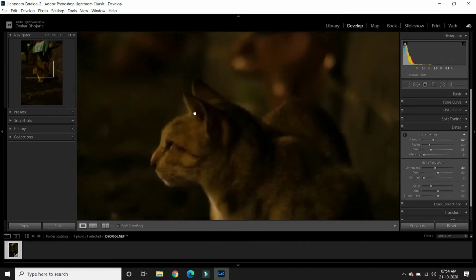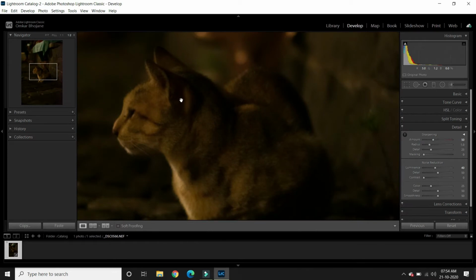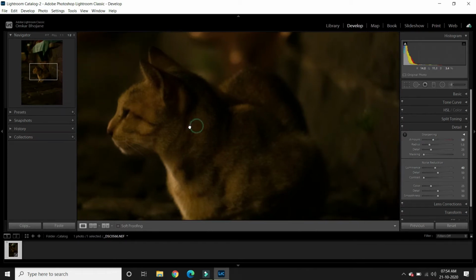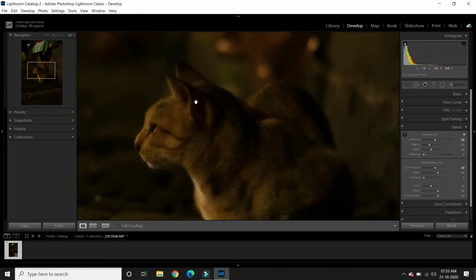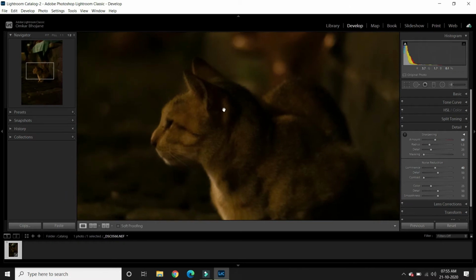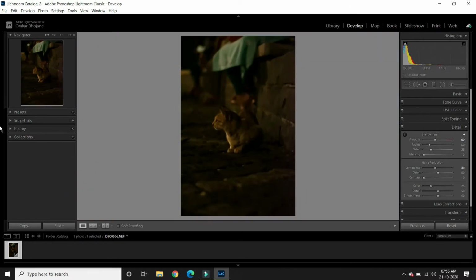Okay, so I'll keep it at 40. The noise in the image has reduced properly. I'll increase the sharpening a bit. Not bad.